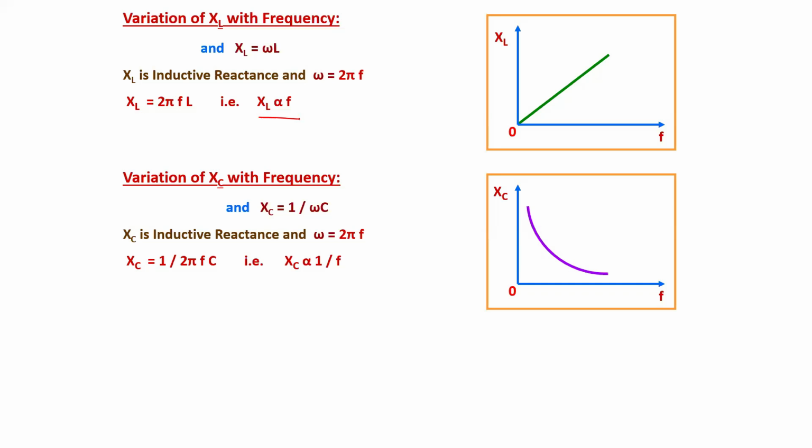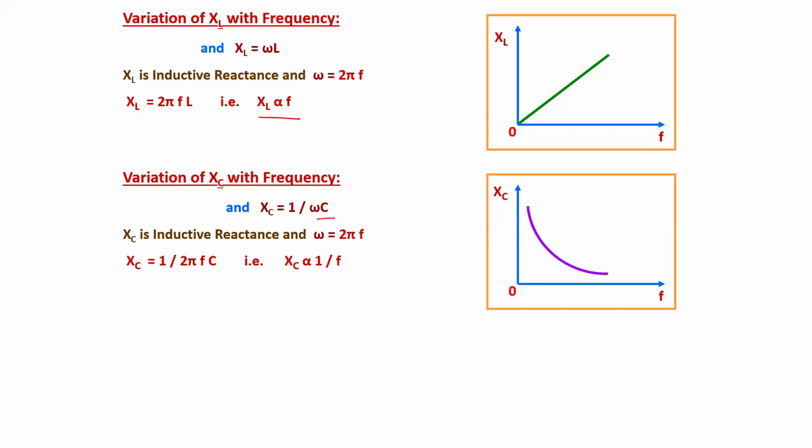Similarly, the value of Xc can be written as 1 divided by omega C. So here Xc is representing the capacitive reactance, or else we can say the reactance from the capacitor. Here also we are just going to apply the formula omega is equal to 2 pi f. Here I just show the diagram of the relation between the reactance of the inductance and the reactance of a capacitance with respect to the frequency. So it will be useful when you are going for your final exam.